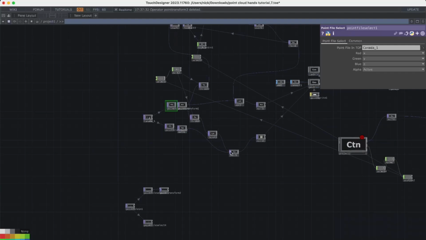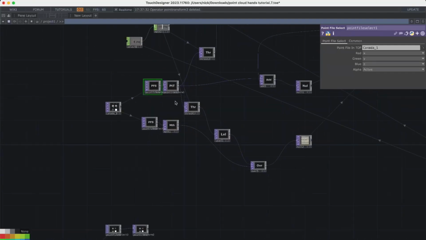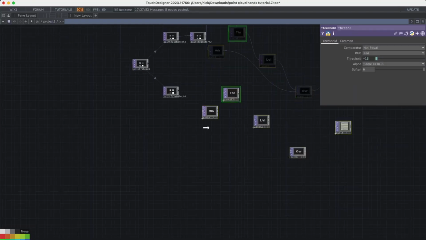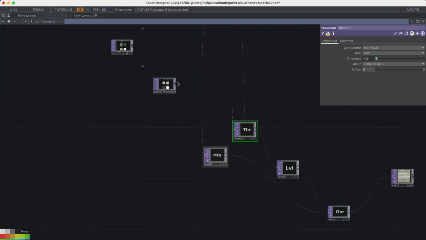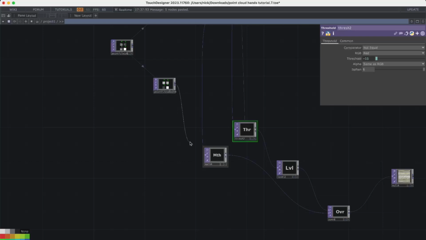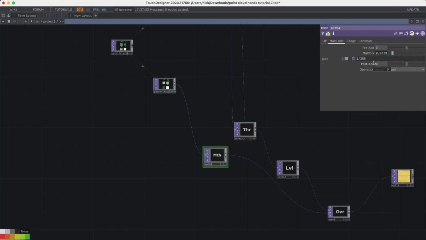Let's do the color route first, because that is significantly easier. So I'm going to copy these operators and then go down to color. The first thing we want to do is connect out from this color by right-clicking the exit there. There is a math operator, and I'm just going to connect it into this math operator here. You then want to set the multiply to be 1/255, just so we get the right color ratio,